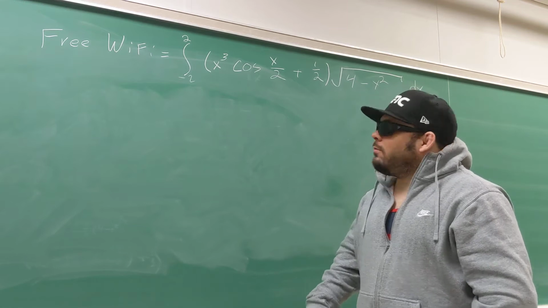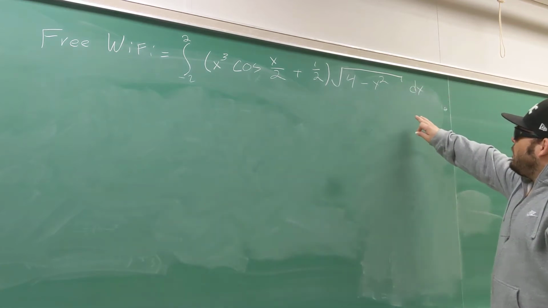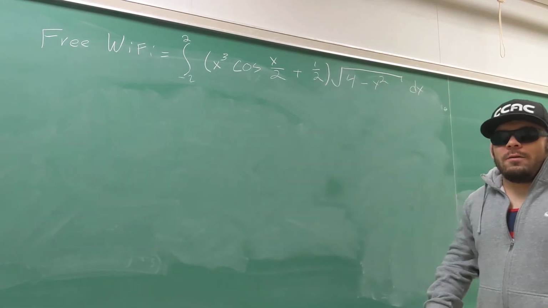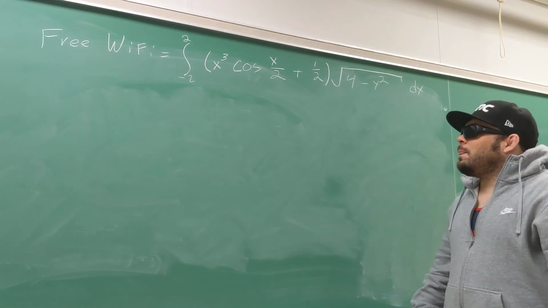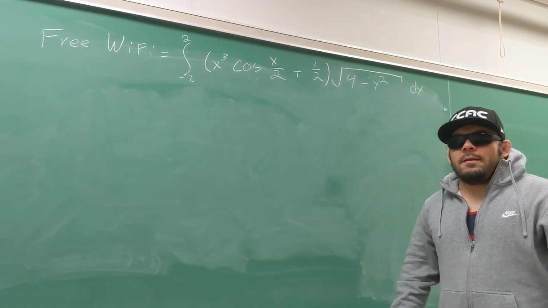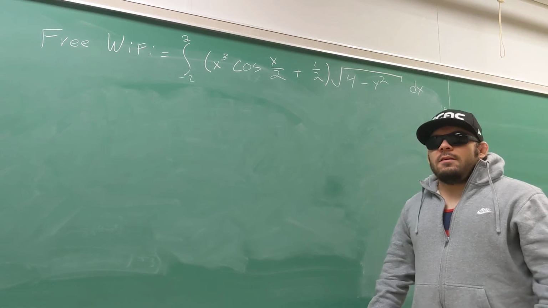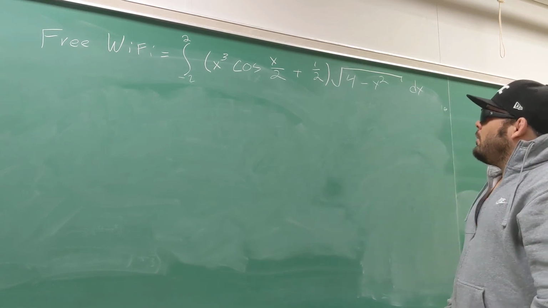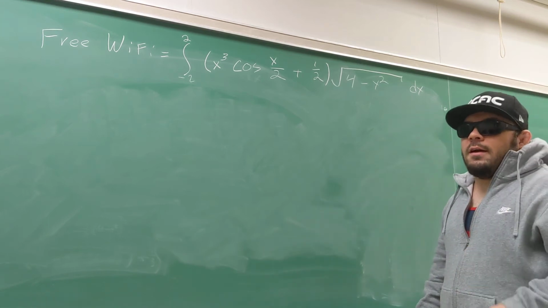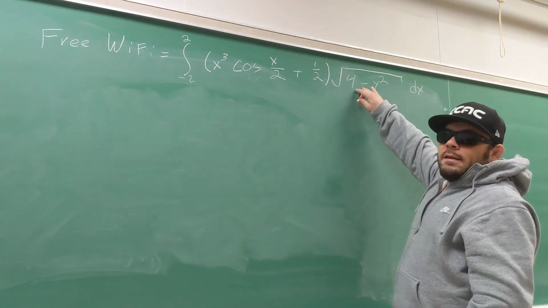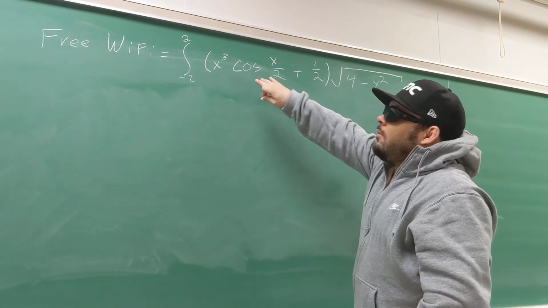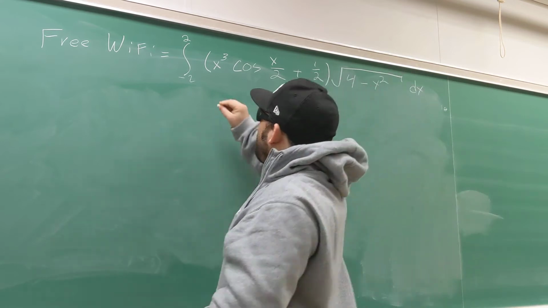I wanted to solve this equation, which gives you free Wi-Fi apparently. It looks complicated, but I think it's pretty easy to solve. The first thing I did was I distributed the radical to both sides. So you get